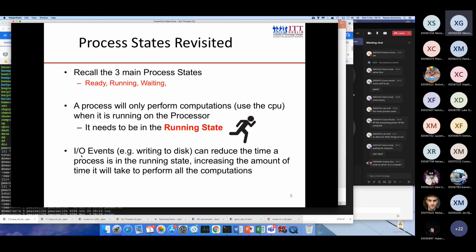So I see here, I/O advanced writing to disk can reduce the time processing the running state, increasing the amount of time it takes. So what we want to do is we want to improve that situation, right? Because we can, so think about it, right? If I single thread my